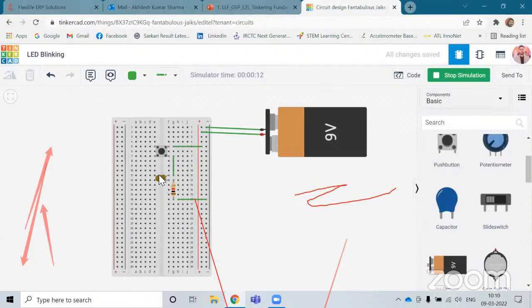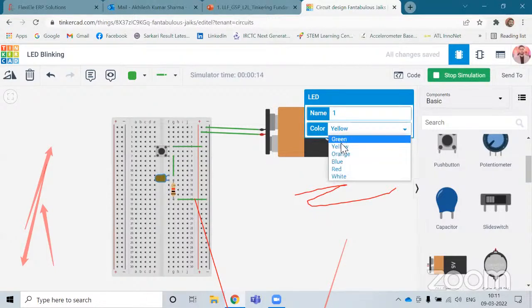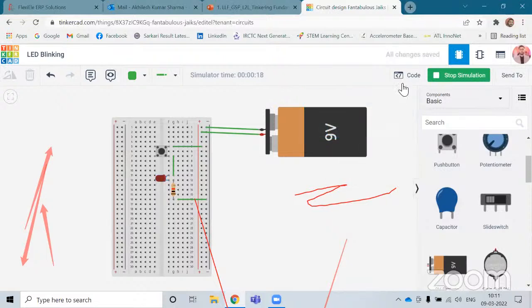You have to use another color also. Use the red one. Click on this push button, and you will see the LED is blinking. So this is the very basic circuit, and we have to use all the components. I think everyone has to be aware about